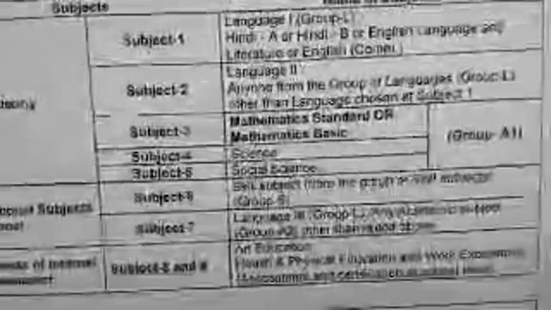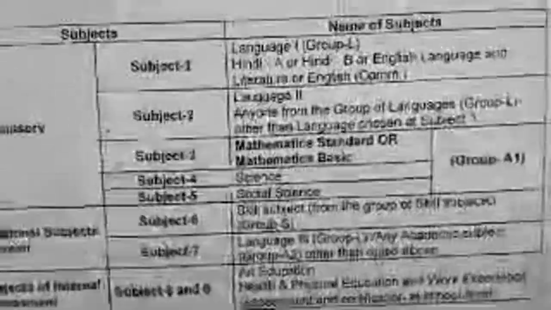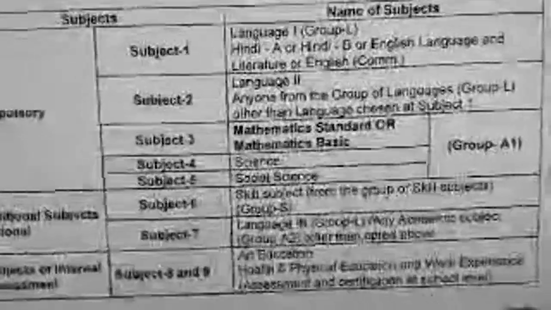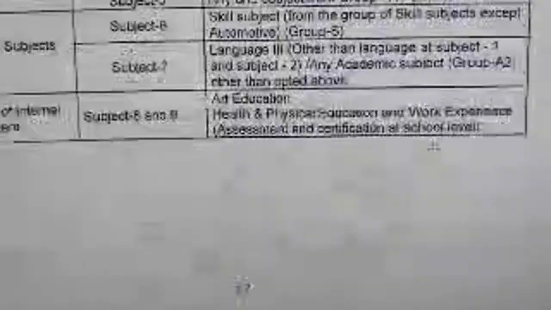You can go for subject 1, Hindi or English language, subject 2, a language from group L, and subject 3, any language from group 1 or 2. Already that group A and B has been given over there. So you can check, or you can take any subjects from there, from group A and group B. So please give the actual and correct data.